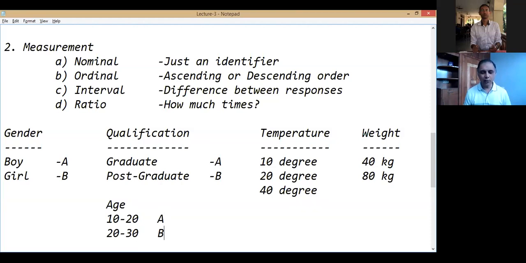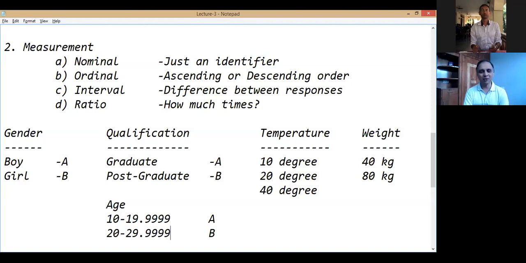Please look for the rule which I have spoken to you. Let's assume there are two persons, A and B. A said, I fall in the category of 10 to 20. And B said, I fall in the category of 20 to 30. Now, first thing, I know some of you will be very worried. What about the 20? Please remember, technically this is kept as 19.999, and this one is kept as 29.999. In statistics, we call it inclusive and exclusive series. We write it as 10 to 20, but 20 will be taken in the next case, not in the first case. So please don't worry about the people of 20 years of age.